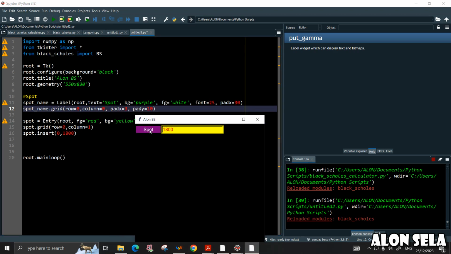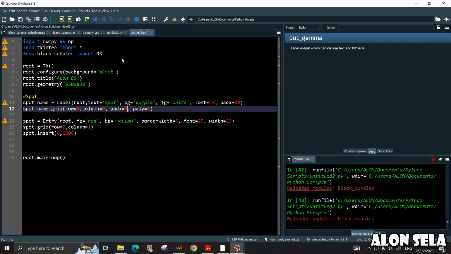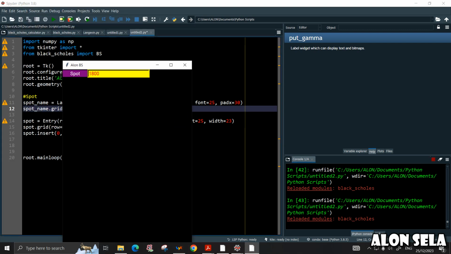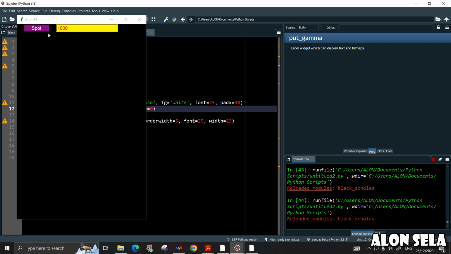So you can see it made a little black spot here. So basically it tells the Tkinter app how much to push this label, how much to push it to the right or to the left or up or down, and how much difference we want between these two. So let's say that we want, if I put padx equal 30, you can see it made